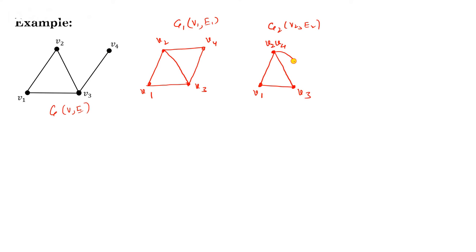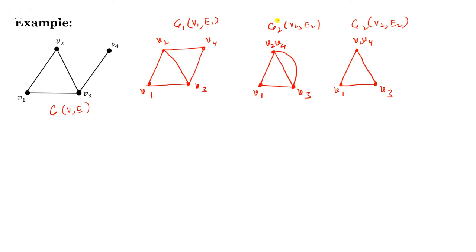Now look at this one. Another edge will be there corresponding to V3, V4, because V4 is merged into V2. So two edges will be there, and these edges are parallel edges. So as per the theorem, we have to replace these parallel edges with a single edge. So here this graph will be like this. This is V2, V4, V1, V3. So this is actually G2, (V2, E2).